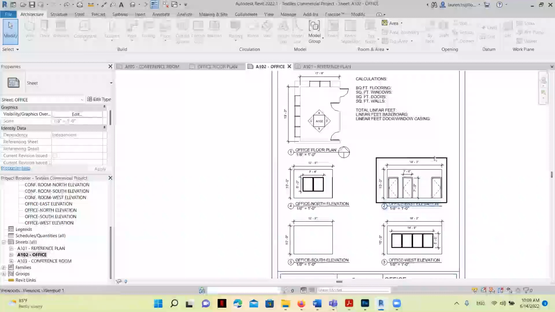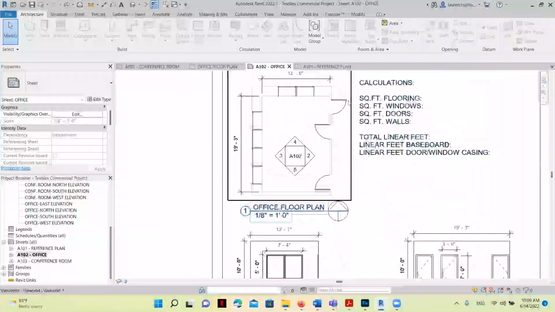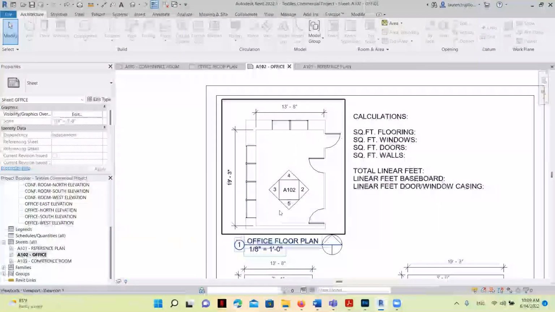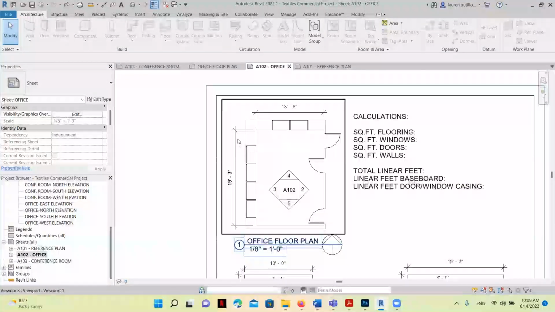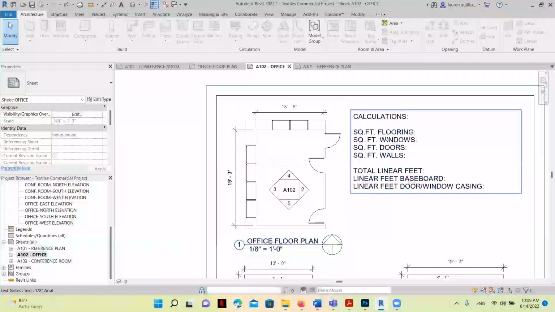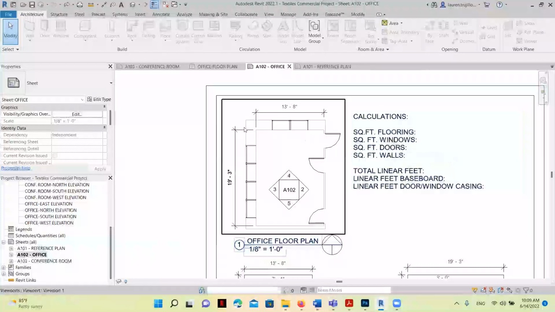Now, the first thing I want to do is talk to you a little bit about this drawing, which is the floor plan here. As you can see, we have the walls, windows, and doors drawn in, and we also have a series of dimension lines here, which we're going to use later on to fill in some calculations. But for right now, I want you to notice that the dimensions have been provided to you in feet and inches, and where the dimension line touches the wall, that's where the measurement starts and stops. And so that's what you have here.